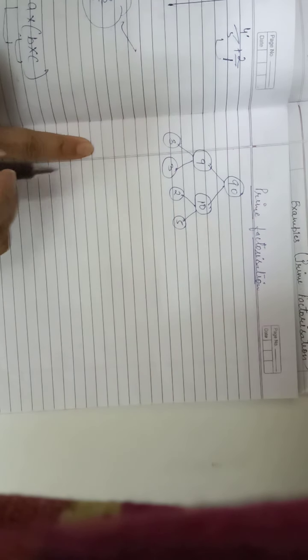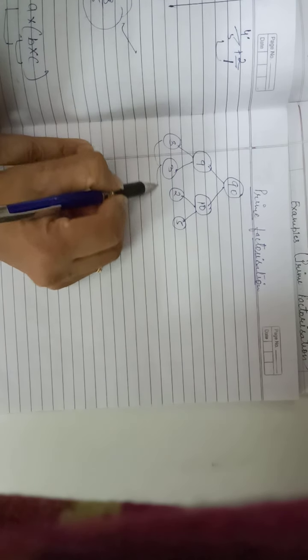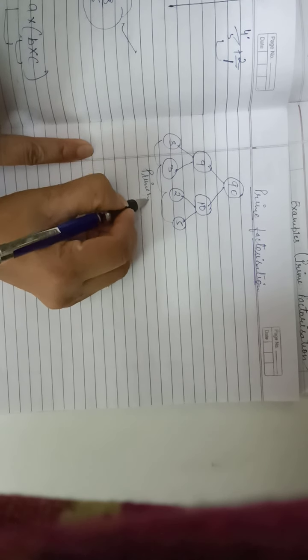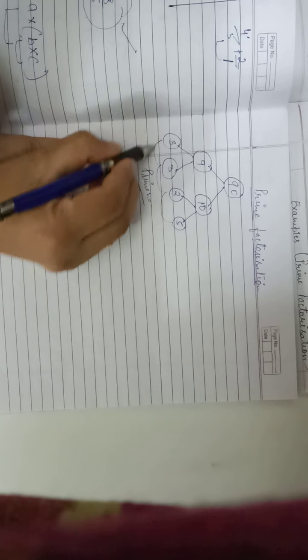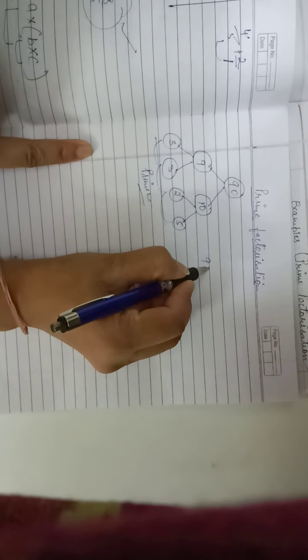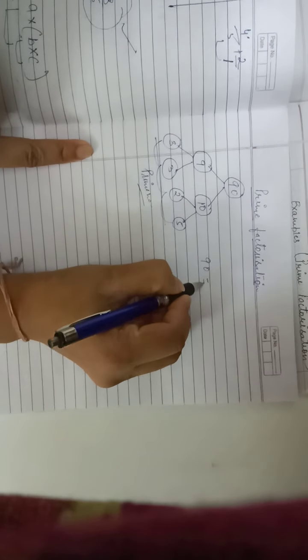So students, here we can see that the last digits are prime numbers. So this is the prime factorization of 90. We can say that the prime factorization of 90 is 3 into 3 into 2 into 5, these last